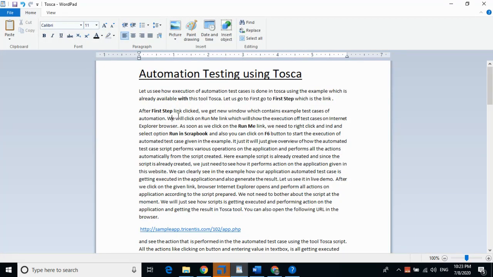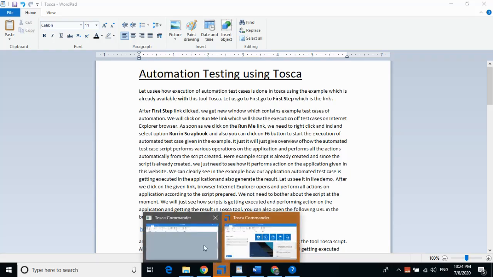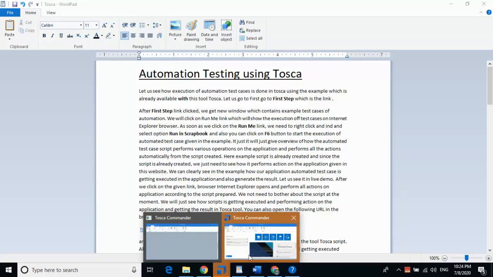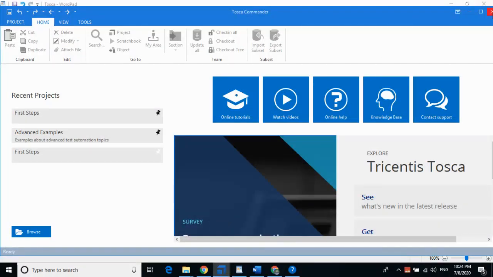After the first step link is clicked, we get a new window which contains example test cases of automation. We are waiting for it. It is taking some time.